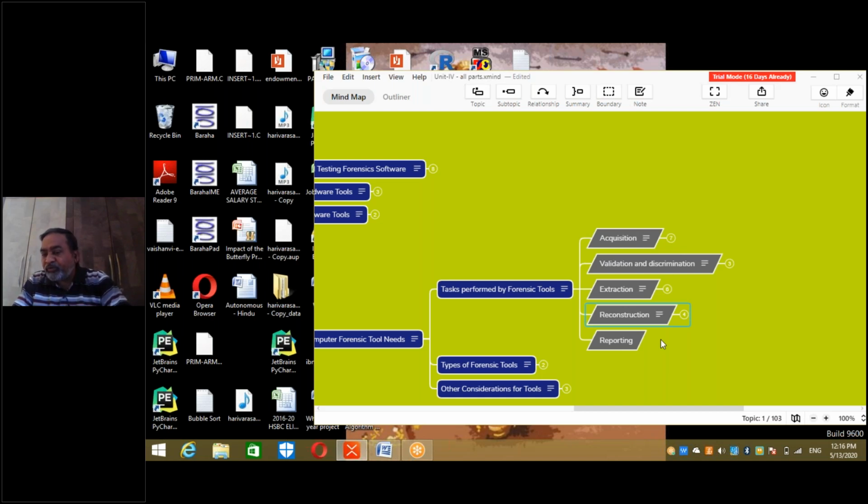You will have to prove that you have used exact methods that are needed for investigation of the case. And you have used only the standard approved tools for investigation purposes. And you will have to have a scientific basis, because particularly when you see the carving activity, right?